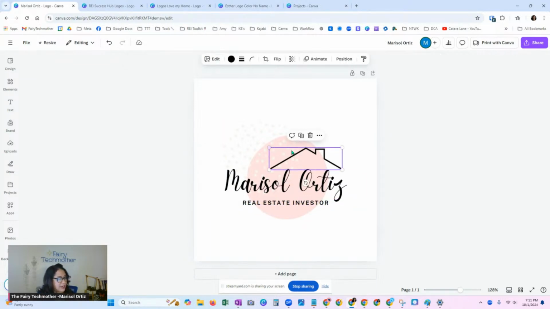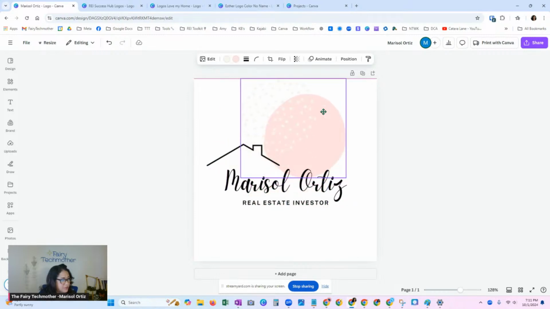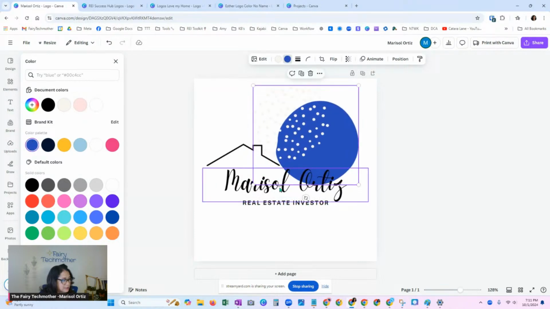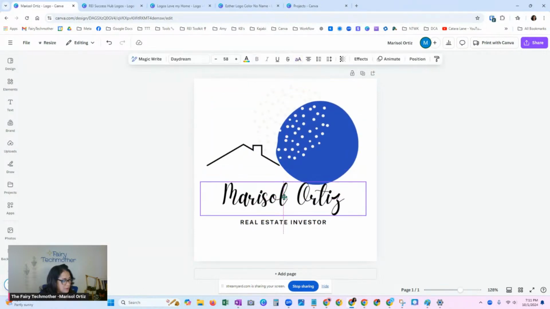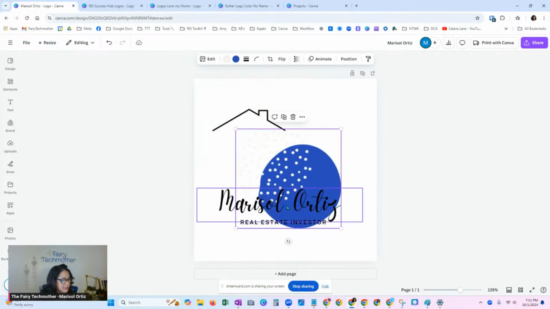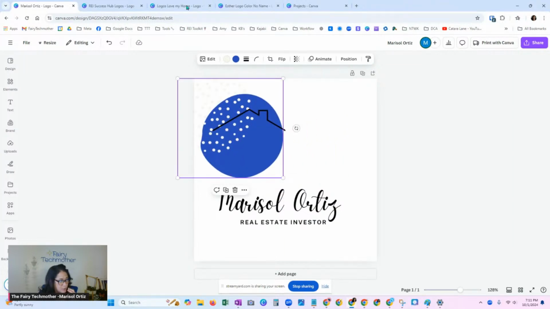And then, of course, you can change. I want to show you, you can grab all of these elements. If you see a logo you like, but you're like, oh, I don't like the color, or I don't like the size of that, or I don't like the font, all the elements are adjustable. So for instance, you can take the top of this house, move it over here. You can change the color of this background to whatever you want. You can move things around. Okay. So all of the elements and all of the logos are adjustable.